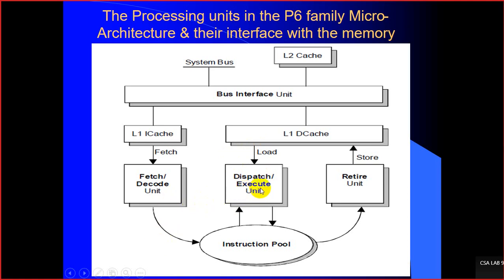Okay. Finally, this instruction pool stores the final outcome of the instruction that has been done, or the middle level outcome of the instruction that is waiting to be completed. So the different states of the instruction are maintained by this instruction pool. Finally, when the instruction gets executed and the operation is done, it gets retired by the retirement unit.